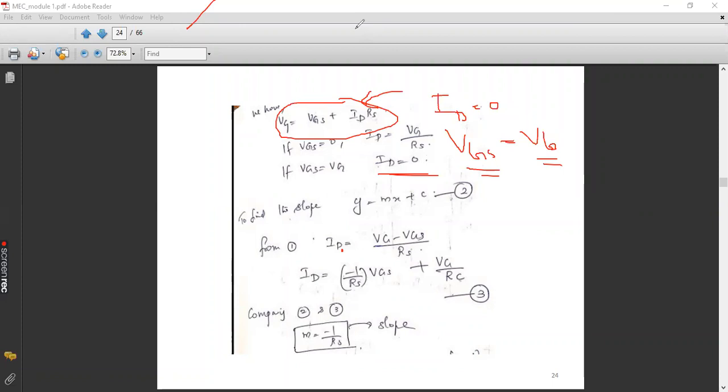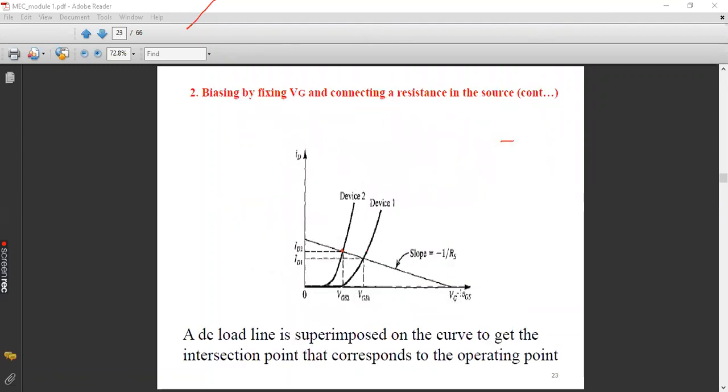Clear? So for this reason, in the graph on the x-axis, we have marked our coordinate, that is VG. So this is a graph, and this is a point on the x-axis, and we have marked it as VG because VGS is equal to VG when ID is equal to 0. Any doubts? Ramya Priya, any doubts? No, sir. Good.